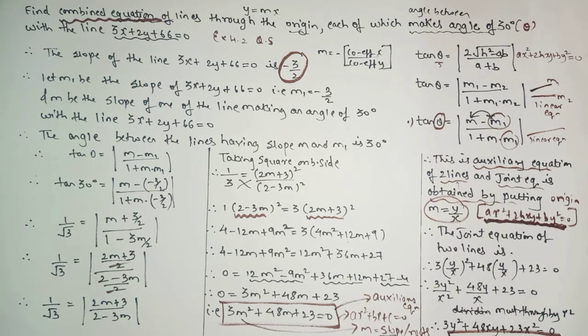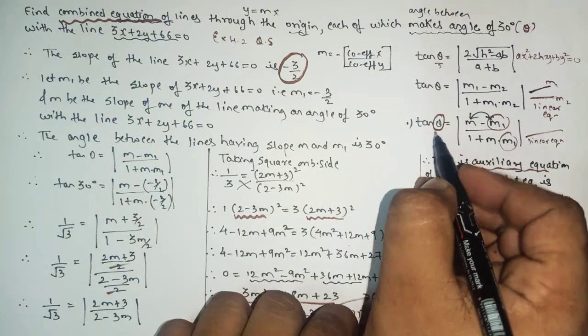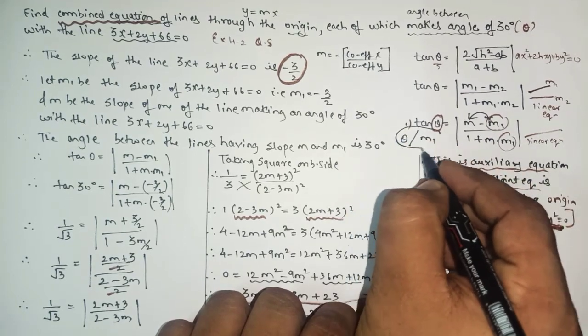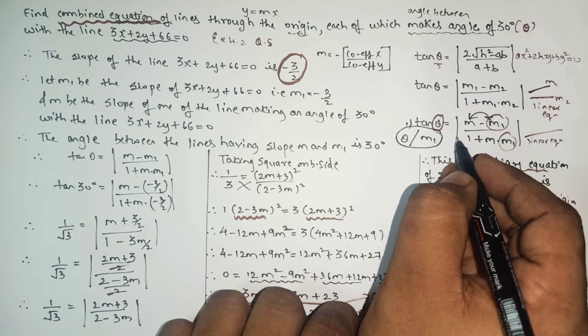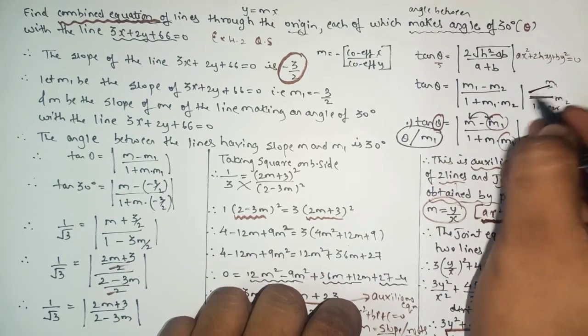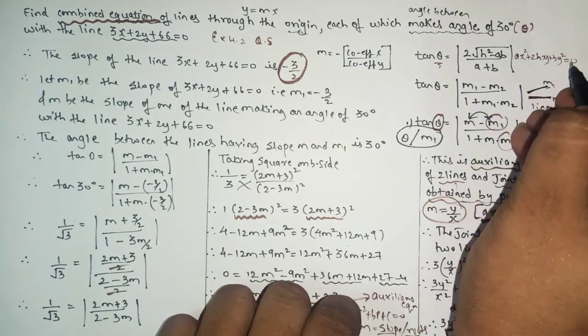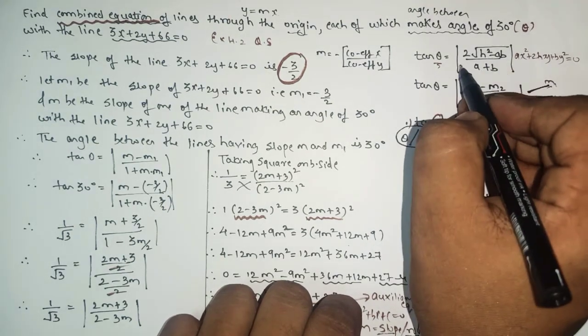So that's why I took this sum separately from type number 1, 2, 3. But here also in this sum we have to find the combined equation, and in type number 1, 2, 3 also it was the same, where you have to find the combined equation. But here we have to find the combined equation with respect to what? Angle and one slope. So whenever you have one angle and one slope, simply apply the third formula. When you have two linear equations, two slopes, you will apply the second formula. When the given equation is in this form, you will apply the third formula.